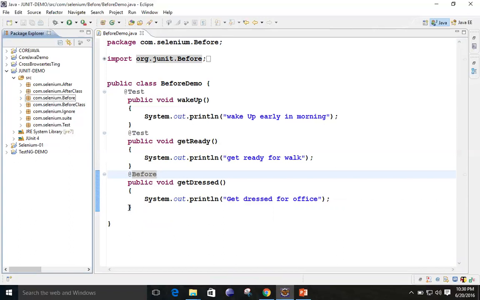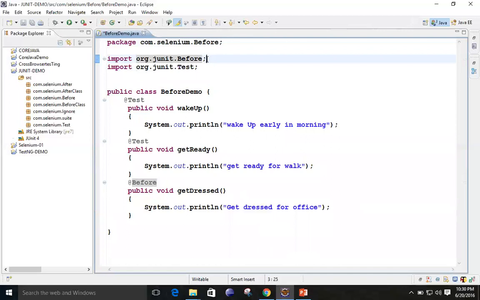But I want that wherever I have written the after method, it will execute only a single time, not after every test case. So for that purpose, we have an annotation known as @AfterClass.